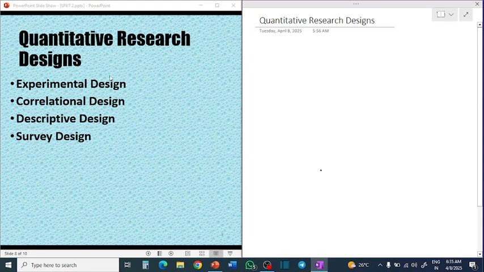First, we will talk about quantitative research design. Quantitative research design can be mainly of four types. First is experimental design. The experimental design, as the name suggests, is where experiments are done. So in the experimental design, let's suppose 1 kg of sugar